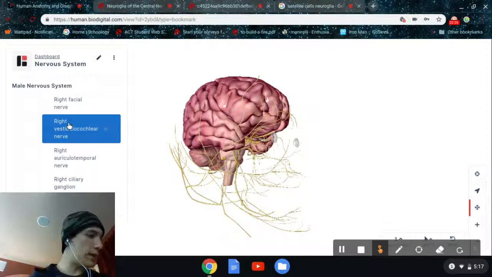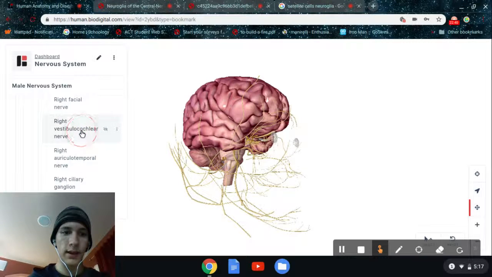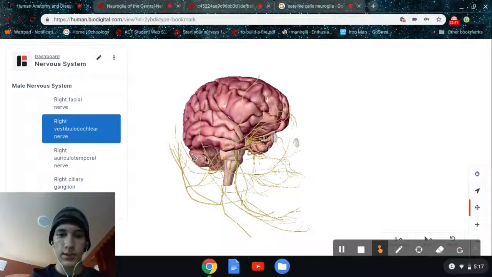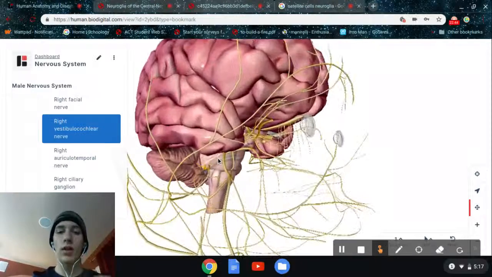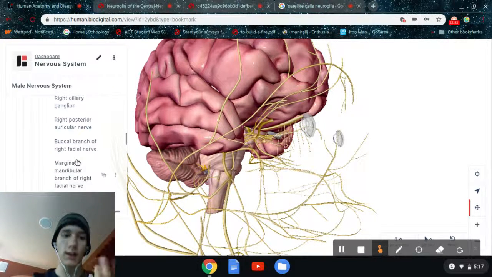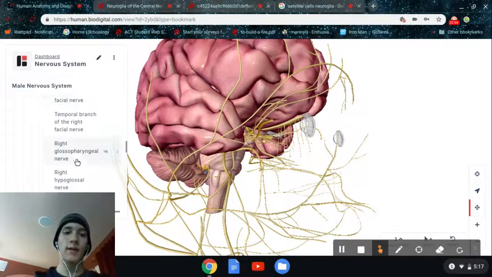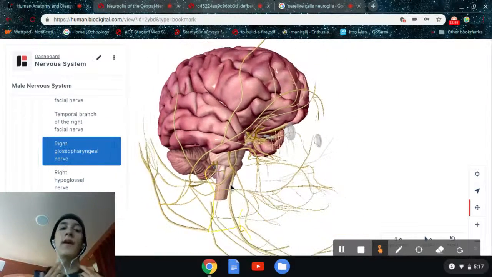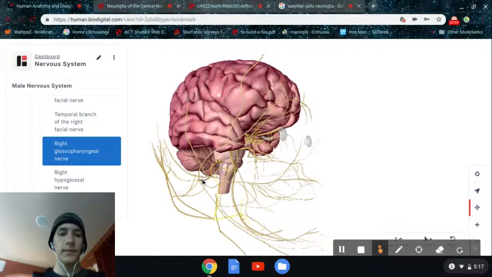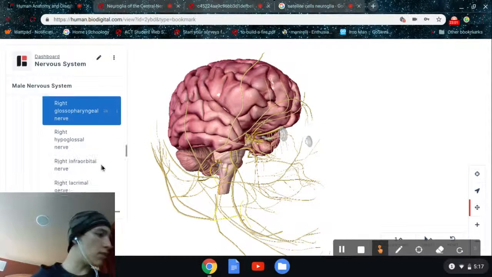And we also, for the test, need to know the glossopharyngeal nerve, which helps you swallow and control, and a little bit of the tongue control. And then your hypoglossal is mostly just tongue control because it's under your tongue, hypoglossal. And glossopharyngeal is tongue, pharynx, throat. And then we also need to know the